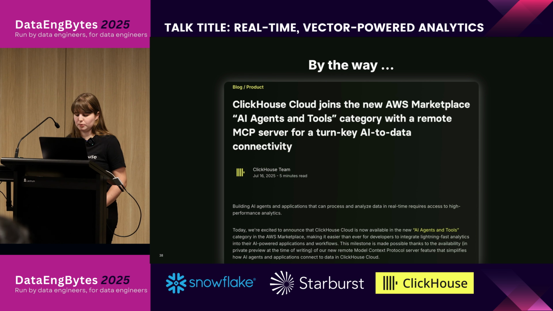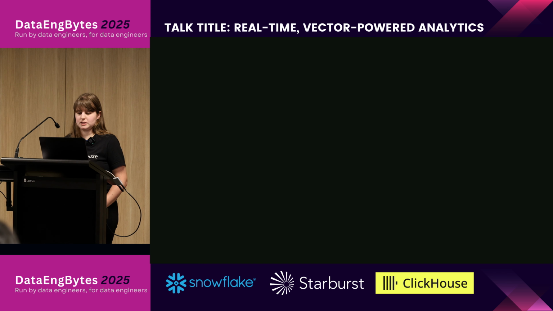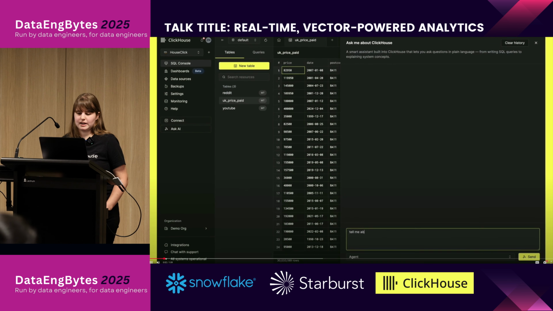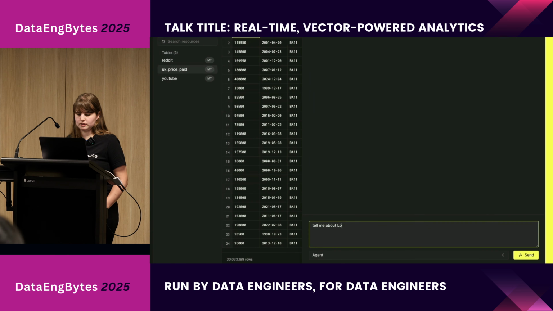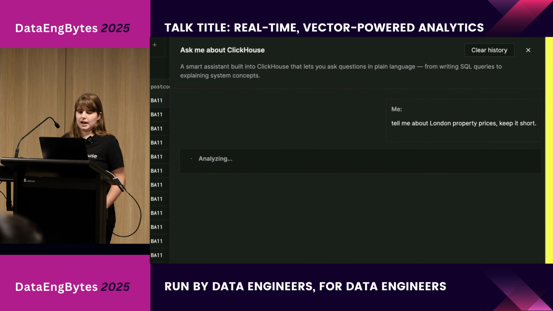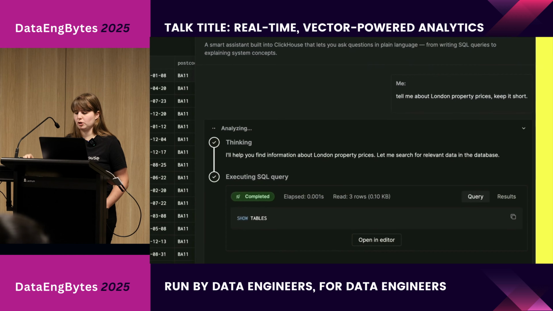It kind of gave us a little bit of a pat on the back to be like, yes, you're going in the right direction. And let's see, yeah, there we go. So, helping our own customers with AI. You kind of already see this with the MCP server, but to go a little bit deeper, what we're going to soon have is an Ask AI on the side, which unshockingly will just read directly from your database. And the point of this is even more advanced,